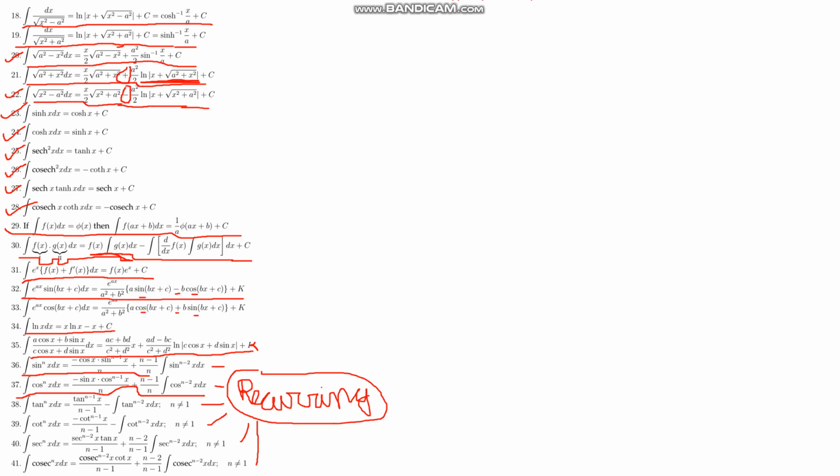Then we are moving to our next slide. Hopefully this is the last slide of today. So many formulae we need to remember to study indefinite integration. You can understand how difficult it is.